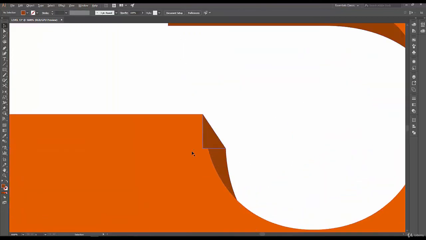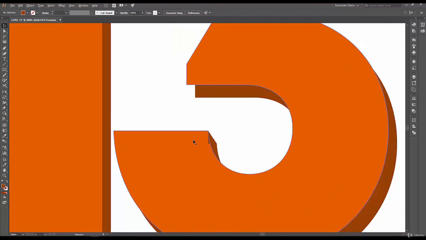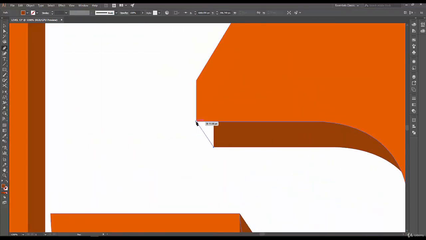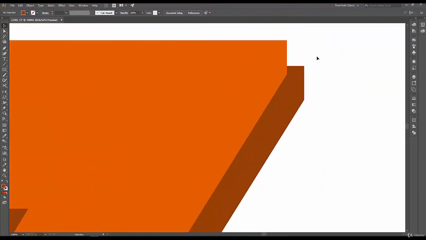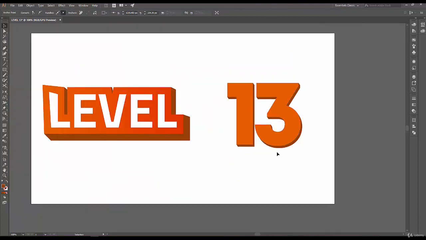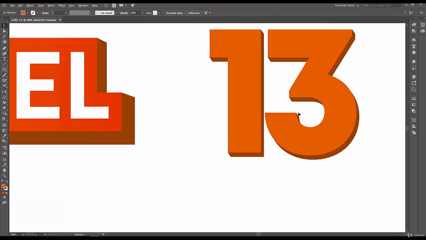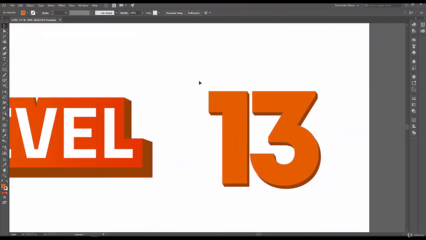So as you can see, while making this shape, I had to overwrite on top of the 3 over here. So don't worry about it. We're going to fix it at the end after we're done filling up each of the gaps. So let's keep going. Now we're going to select the 13 on top and press Shift Control right bracket to bring it on all of the top layers, and as you can see, it's gone and it looks like a complete 3D 13.